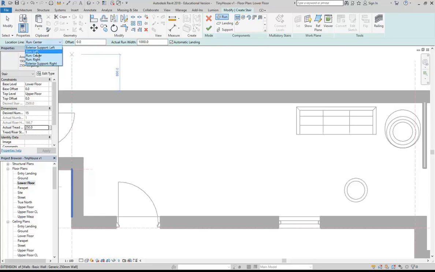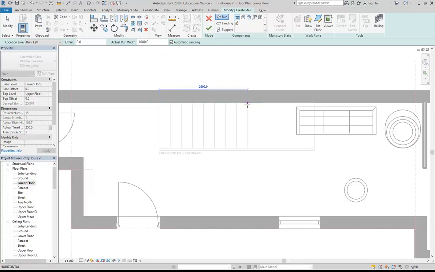So here, you need to think as though you're walking up the stairs. So if I want my stair to start about here, and then I want to be walking up in this direction, as I'm facing that stair, the wall would be to my left. So I'm going to choose run left, and then I can draw on the left-hand side of my stair,